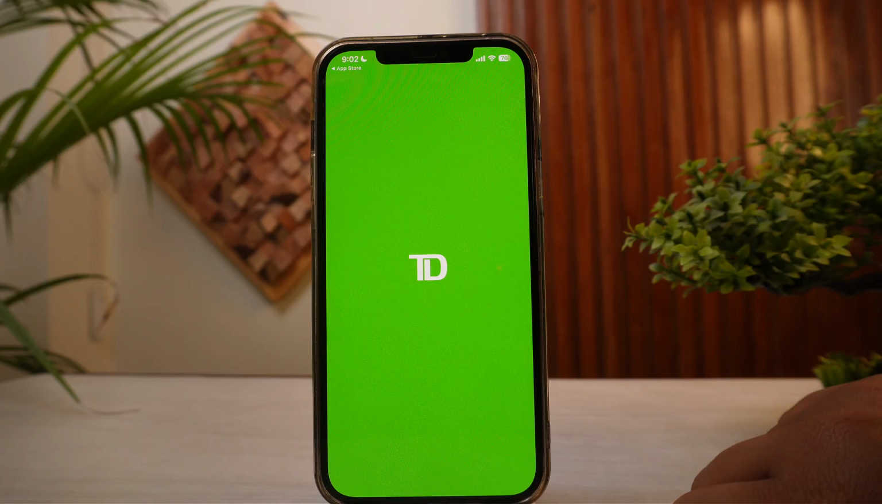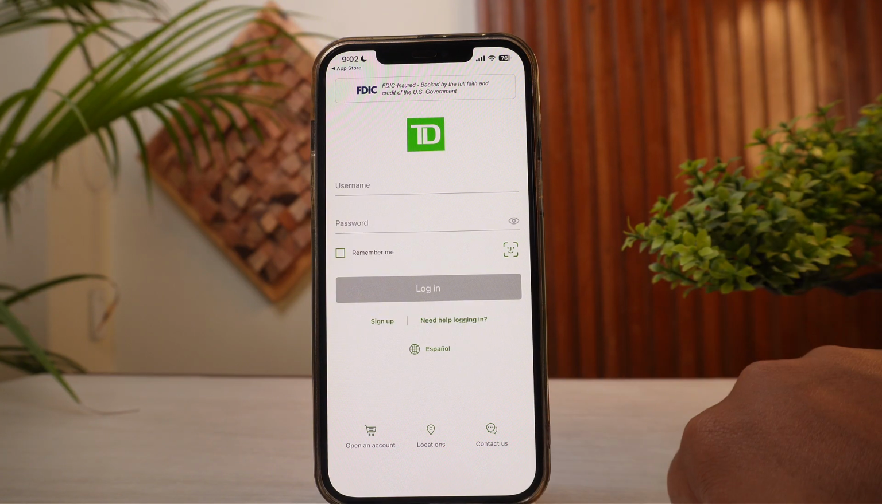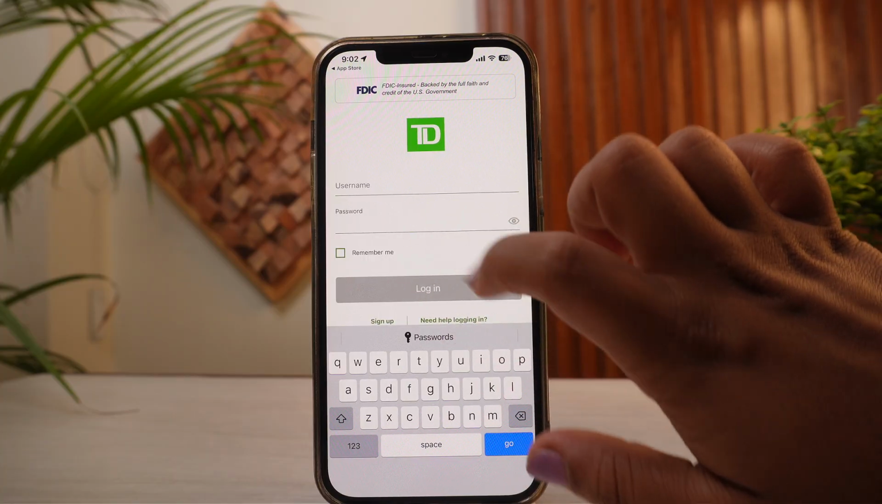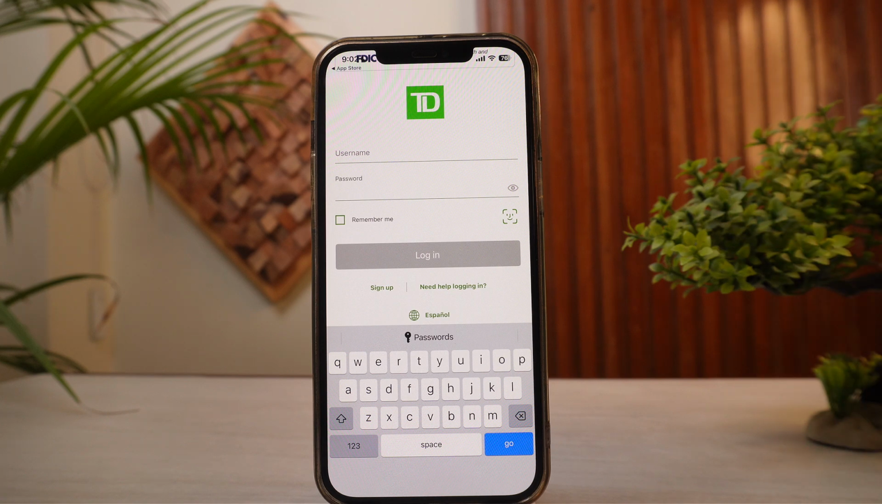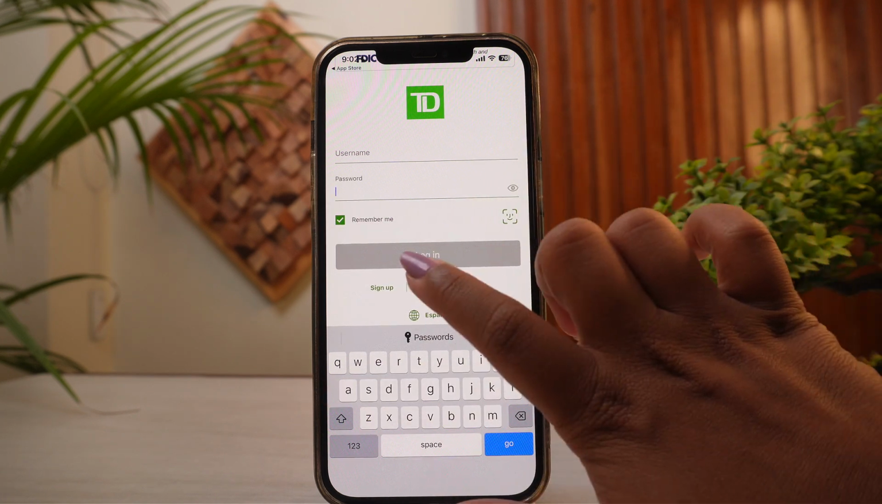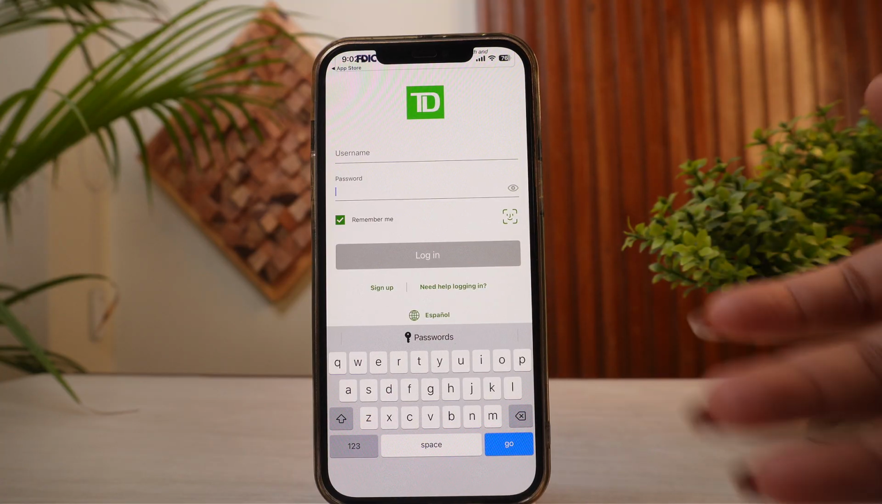So after opening your application here, all you need to do is simply add in all of the credentials of your account. So in here, like I said, all you need to do is first of all add in your username and then add in your password right here. And if you want your application to remember all of your credentials next time, you can simply select the option remember me and then simply tap on login,